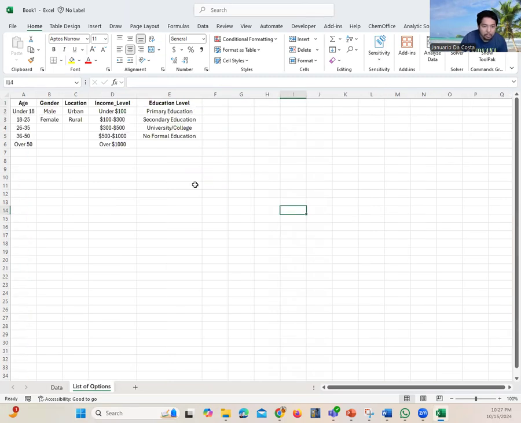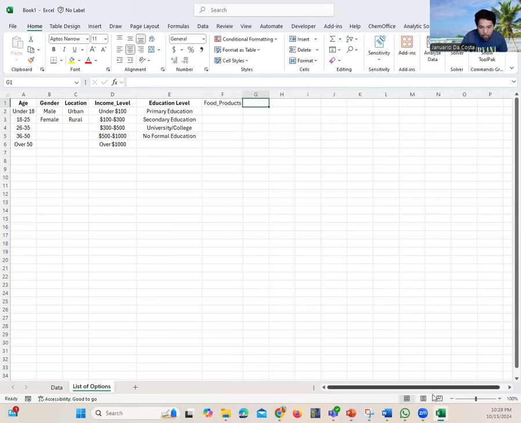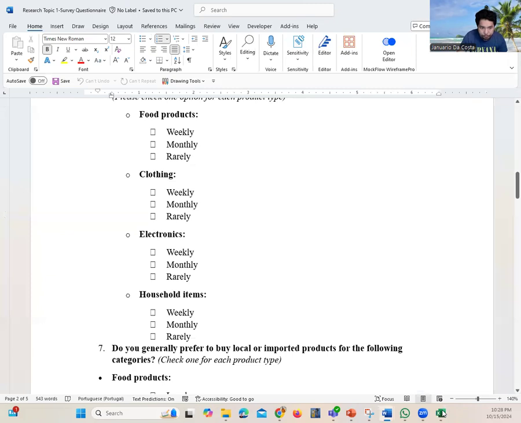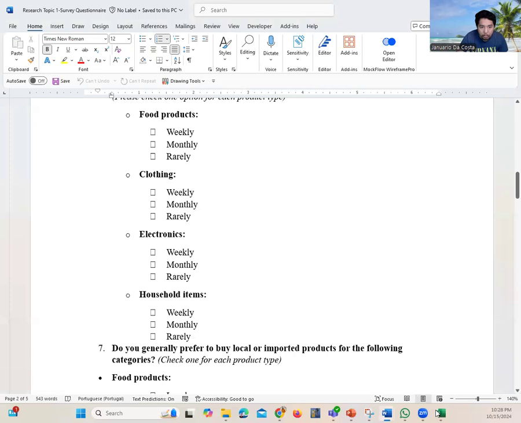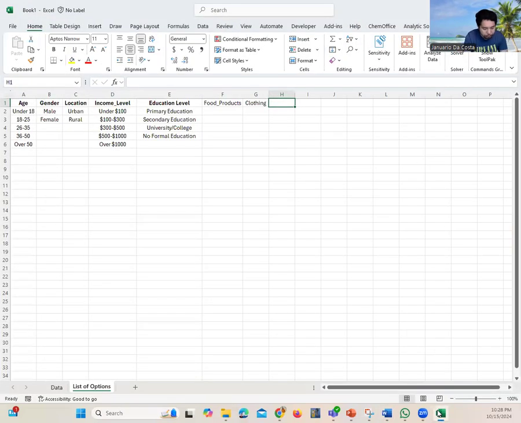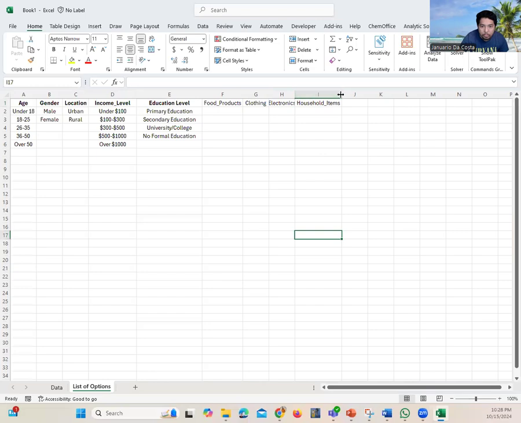You go down here and put food products, and then the next one will be clothing, and then electronics, household item. Okay. So now that you do this,